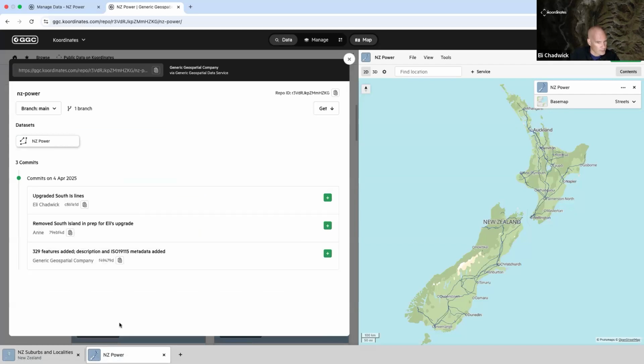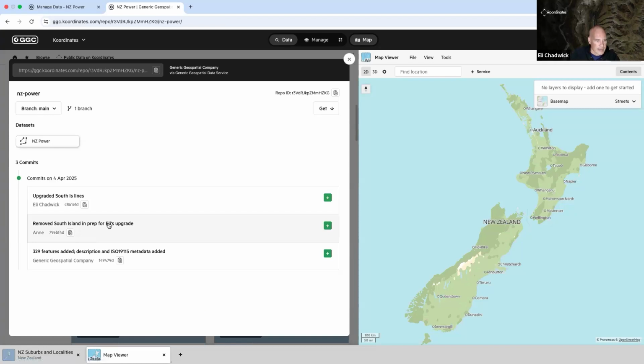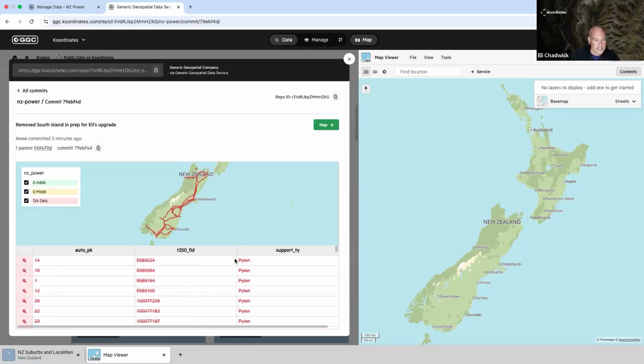This is a timeline of all the things that have happened. So if I remove that guy from the map and we go, what was this? That was the initial creation of the data set. So there were 329 adds. I can say, show me what that looked like. Cool. So there you're actually adding just the commit. You're not adding the whole data set. Let's remove that, go back to all commits,